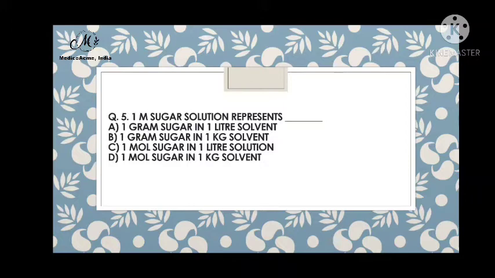So guys, it becomes very important to choose the right answer, and these are very crucial and very scoring questions. As you all know, AIIMS and all the entrances have 1/3 negative marking. So guys, please do carefully all these types of questions which can be confused with terms like solution and solvent, and mole and gram. Here the answer is C, which is 1 mole of sugar in 1 liter of solution,